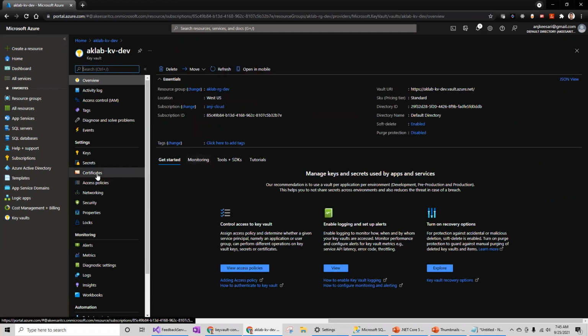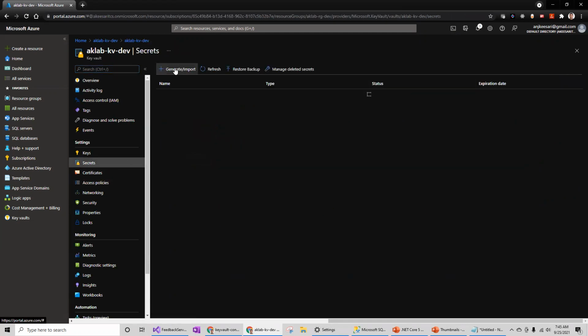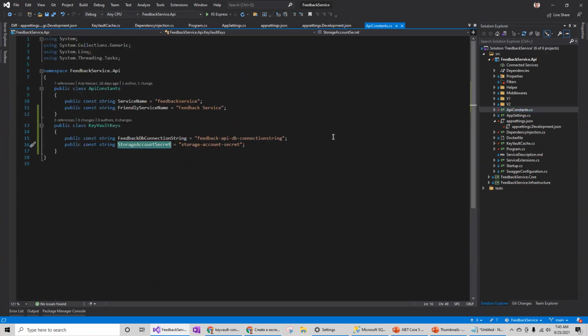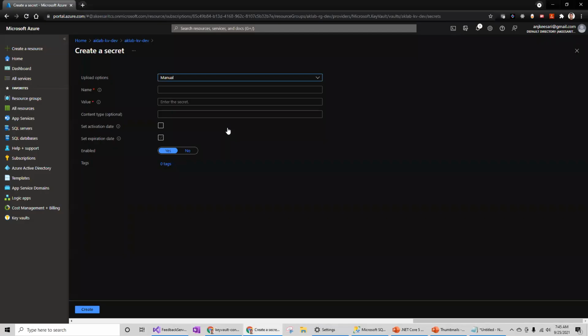Now let me add the secrets. So click on secrets, add. I'm going to add these secrets which are used as part of the service. So this is my key. Make sure that this key is unique across the Azure Key Vault, so that's why I'm giving the service name.